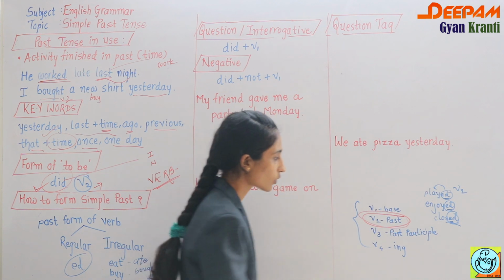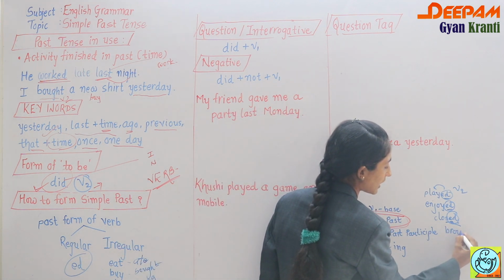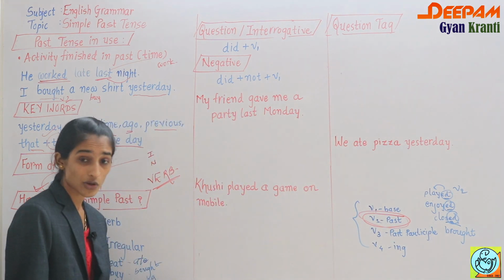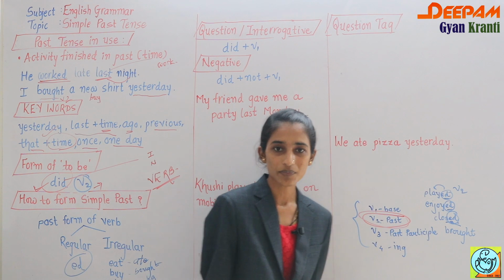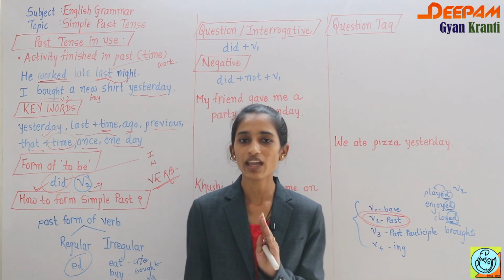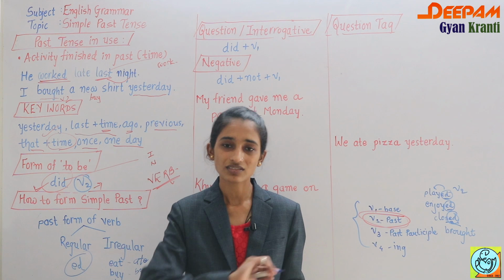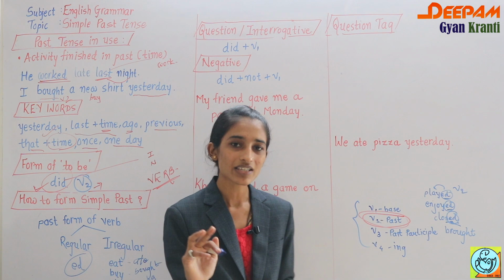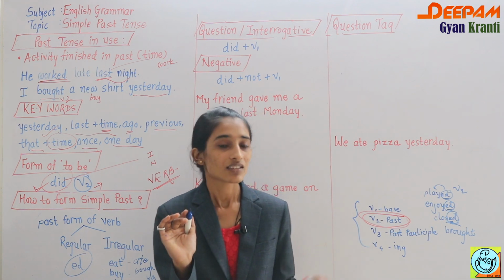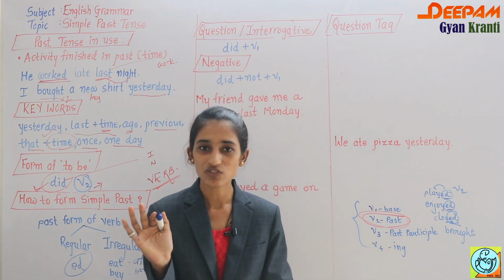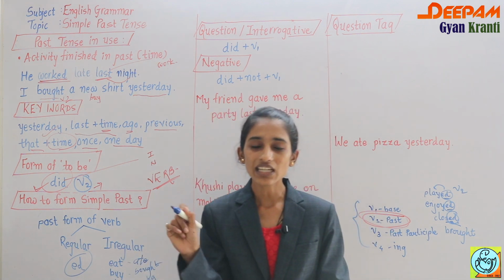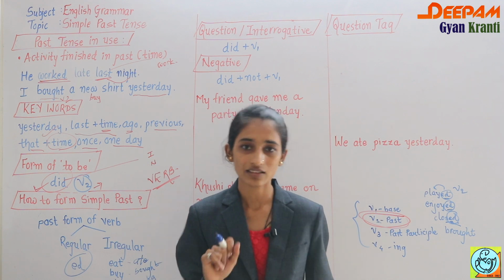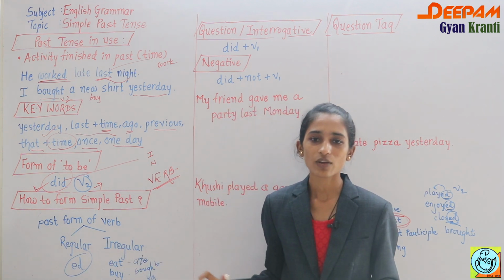We can say bring, so the past form of bring is brought. Right, sing, sang; draw, drew. These are the irregular verbs, and with an irregular verb you cannot add ed. That is totally different, so you have to remember certain verbs. That is very important, otherwise you will have confusion in the exam, that if eat is given, it is not eated. Generally students used to write eated, or with bring they add ed. It is not like that, so you have to remember certain irregular verbs.